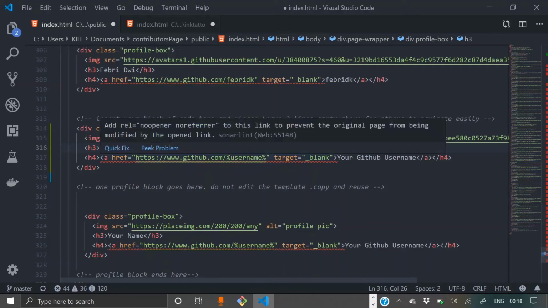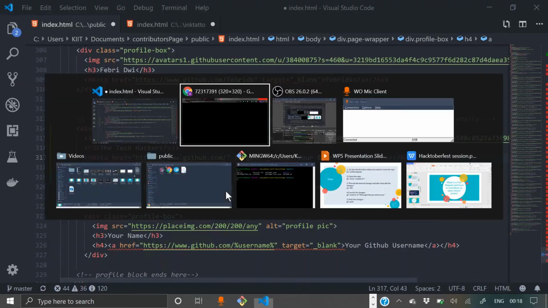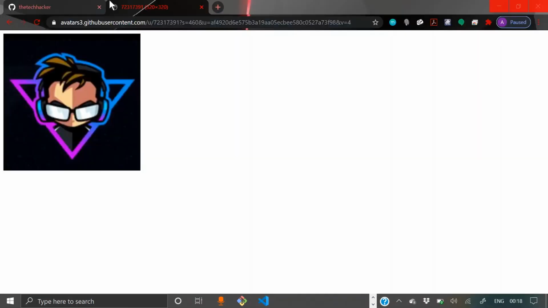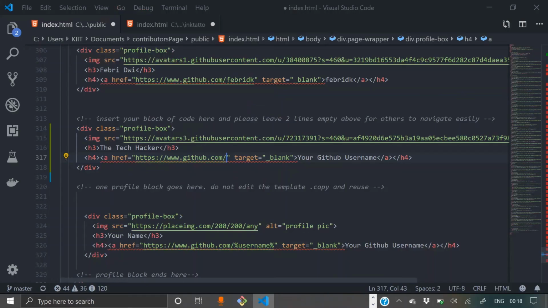Here href github.com/username. Here username is present here. See here, github.com/the tech hacker. That's my username. Copy that, paste it here, and here your GitHub username, which is the tech hacker.